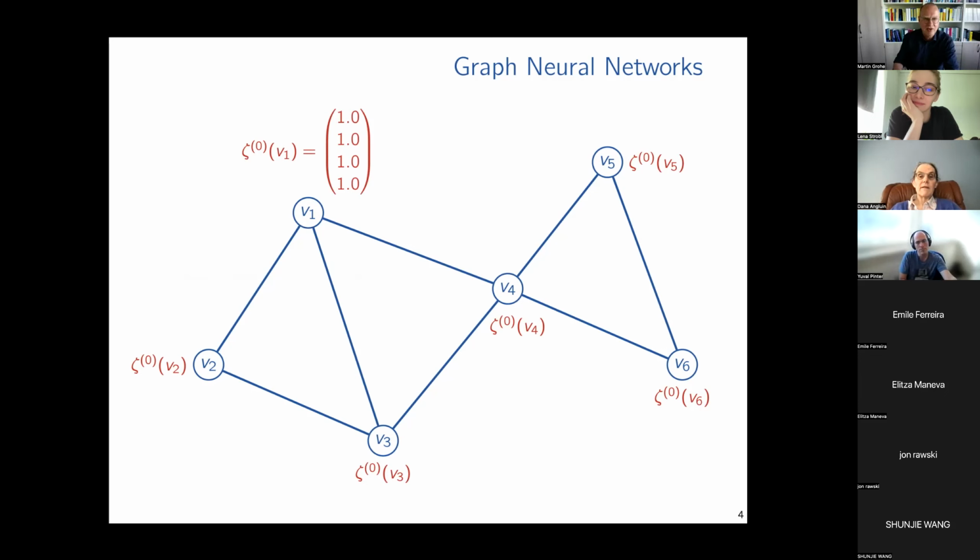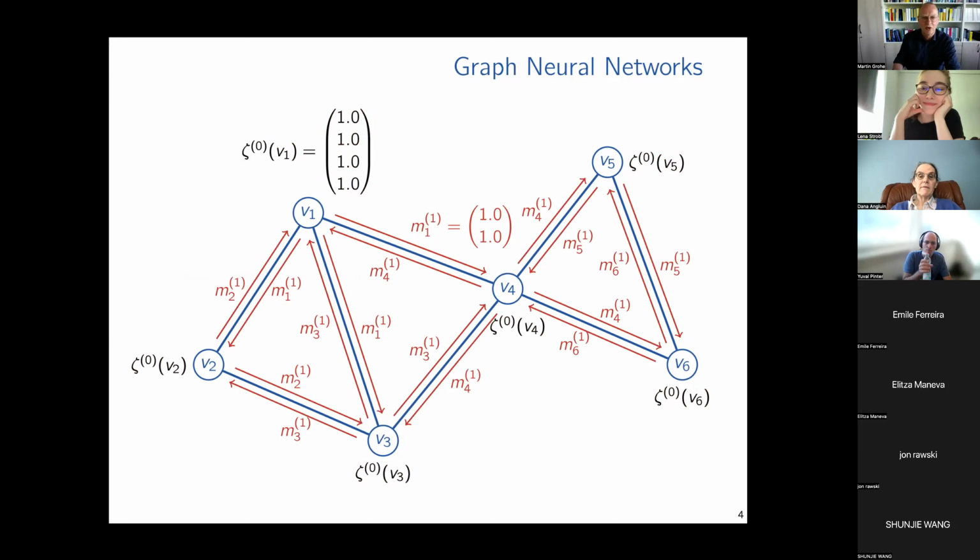And then based on their current state, the nodes send messages to their neighbors. Okay, and they receive messages from the neighbors, and actually they send messages all around, and basically every node sends the same message to all neighbors, right? Okay, and then they receive the messages from the neighbors, aggregate them in some way, and update the state.